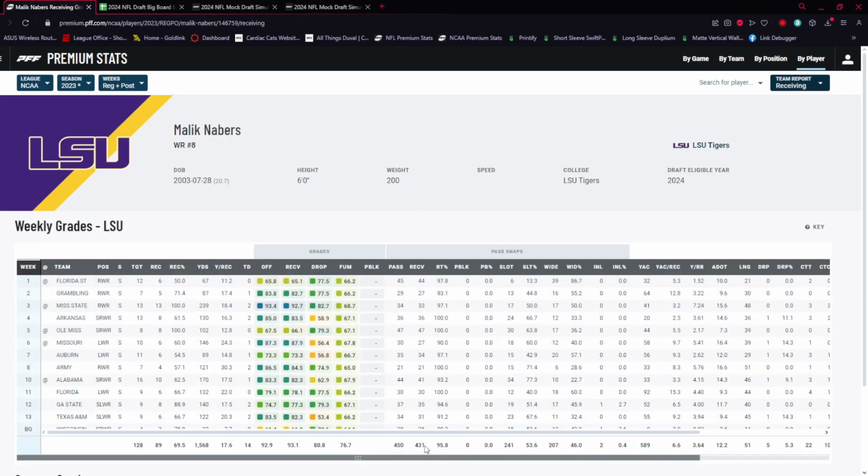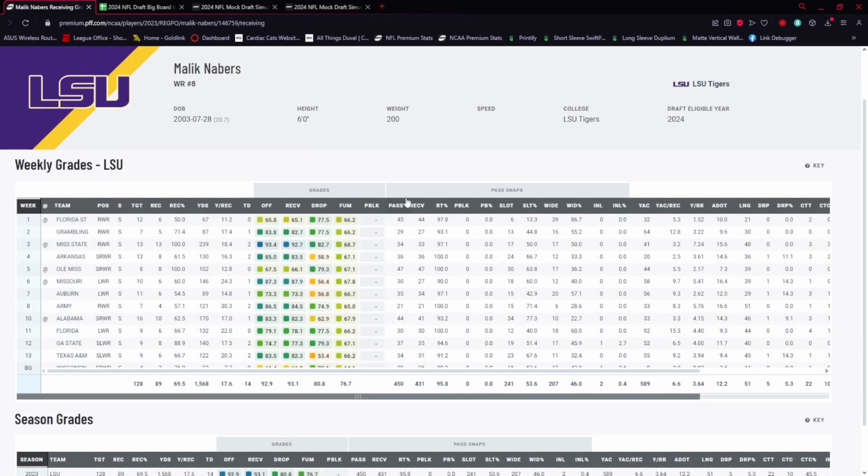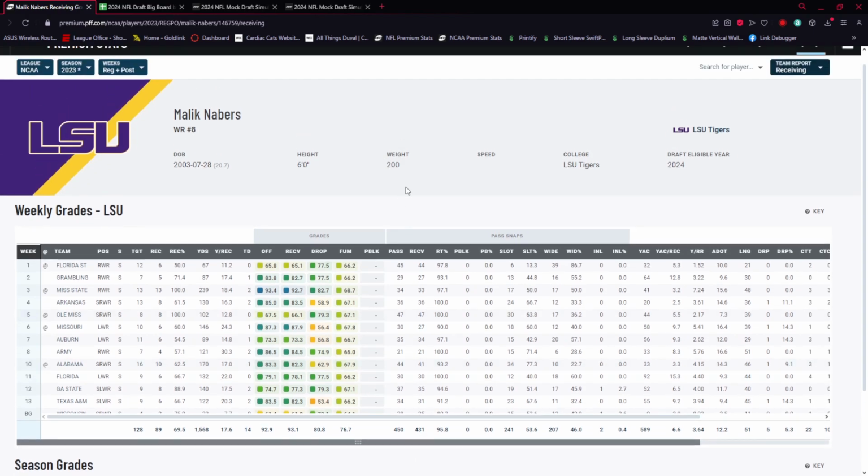So going to the actual stats here. We're just going to lead with this. Malik Nabers, if you couldn't tell based off this number, was the most productive wide receiver in all of college football this last year. At least the Power 5 schools, I'm pretty sure. But he was putting up 100 yards a game basically every week. His worst performances from this last year, other than the bowl game where I don't even think he played the whole time, I think he was going for like a record or something,